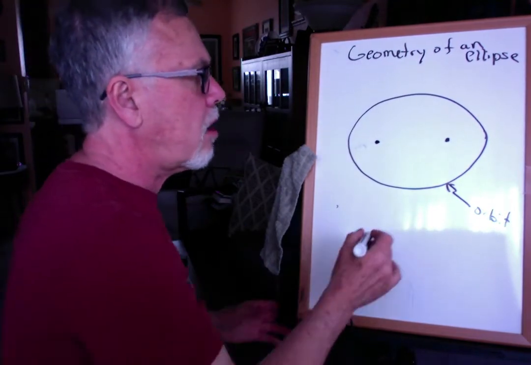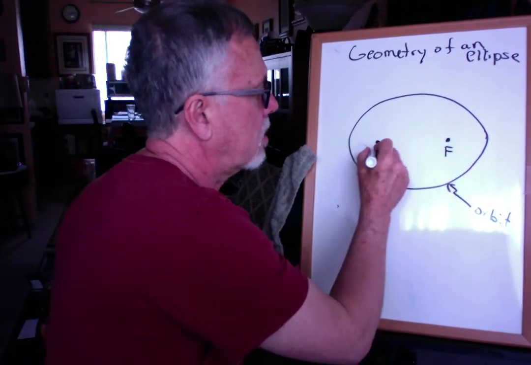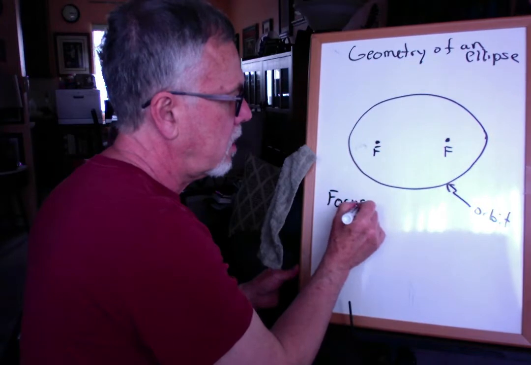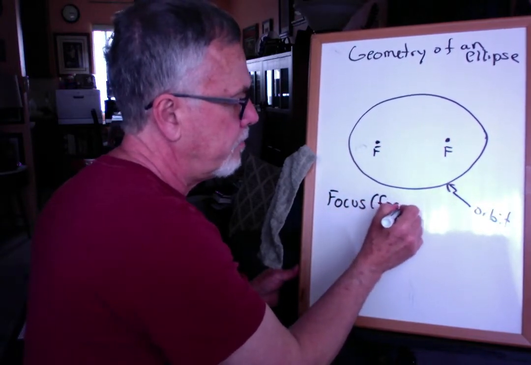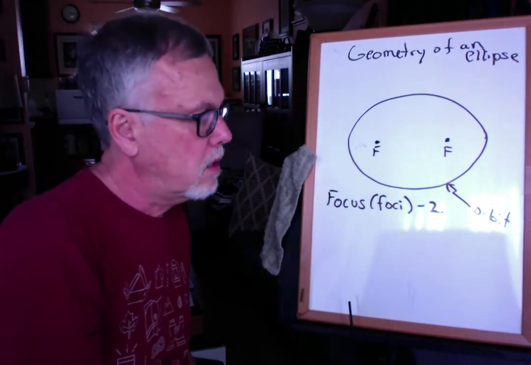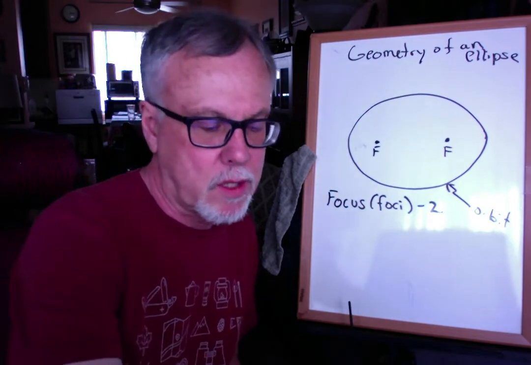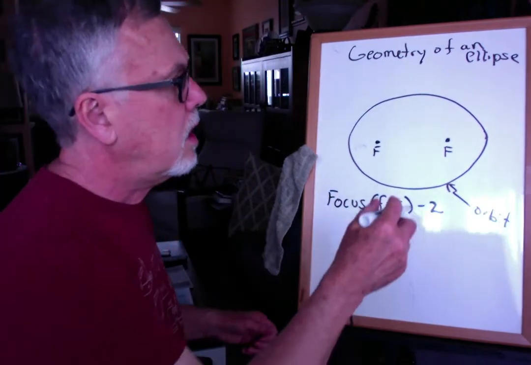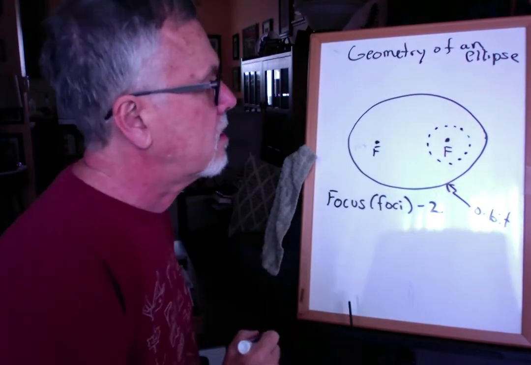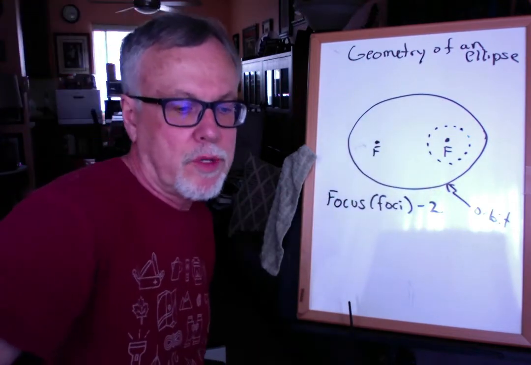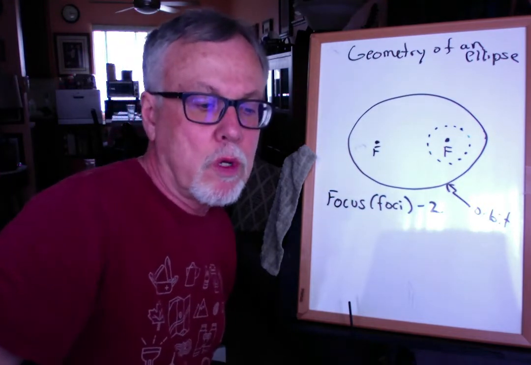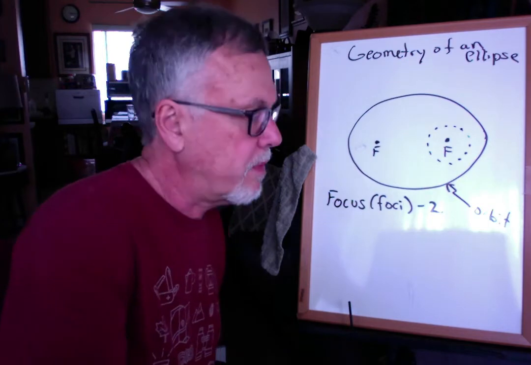And these things are known as a focus. And notice that there are 2 foci. Focus is singular. Foci is plural. And there's always 2 of them found within an ellipse. And so what we know is that the moon is generally, or a planet, or whatever is being orbited, is generally centered on one of the foci. Now, there's some slight variations of that because of some discoveries of Isaac Newton, but we'll kind of neglect that for right now, so don't worry about that.